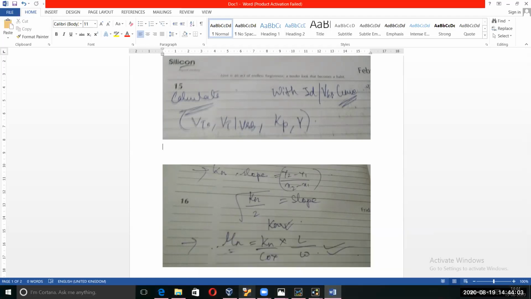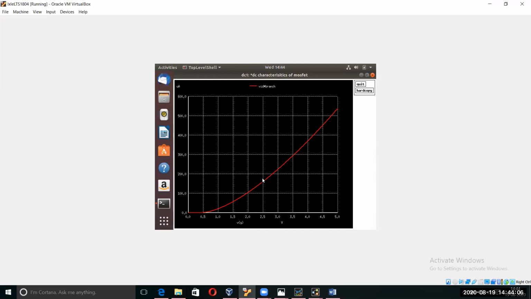Okay, so yes, here select any 2 points, like suppose these 2 points. First thing we are seeing is the VT is here 0.5 or 0.49, which is also valid for our STM4 model. So 0.49 is our VT0. This is the threshold voltage. So from this graph, this point is our threshold voltage, that is 0.49. We can get it.